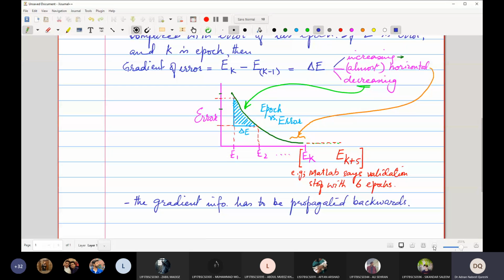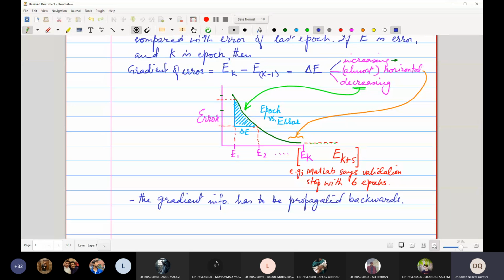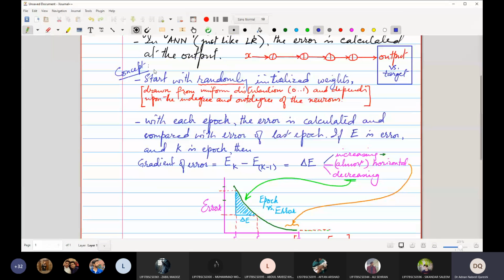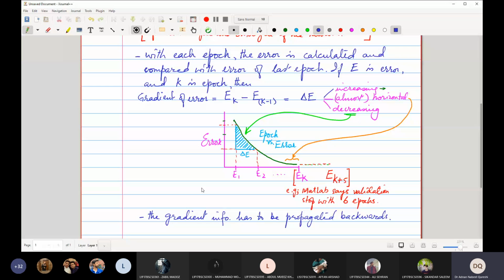So these 2-3 steps we have written, this is the concept of gradient descent, the error gradient, and propagating it backwards. All right, so if this is okay,